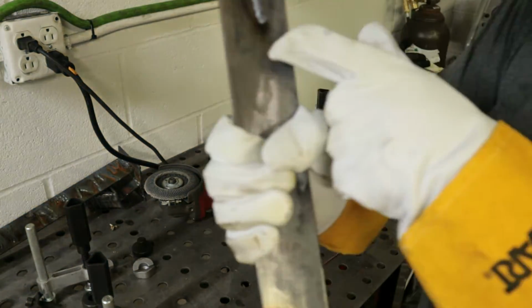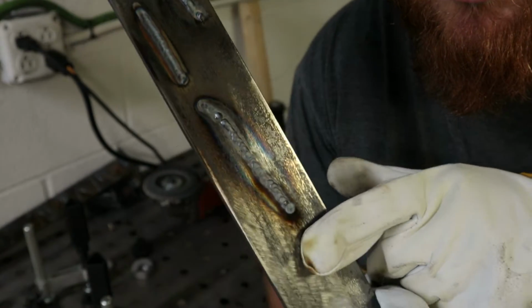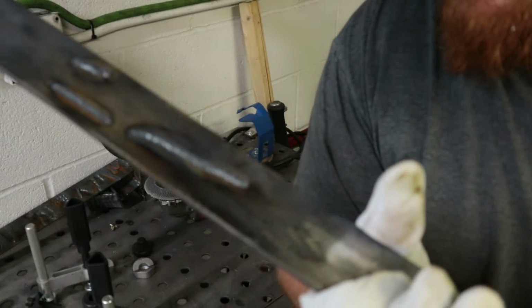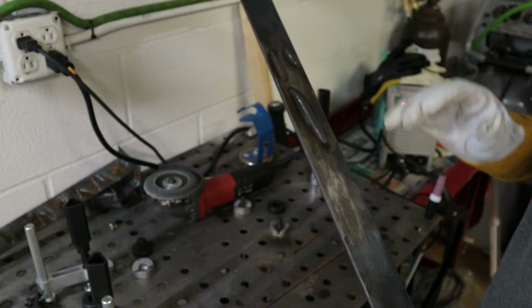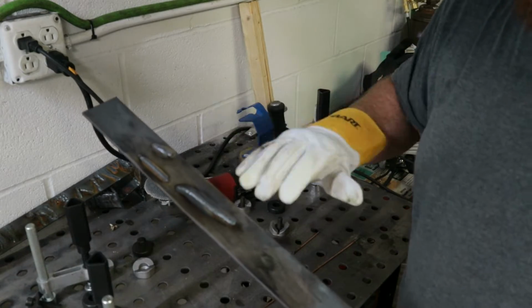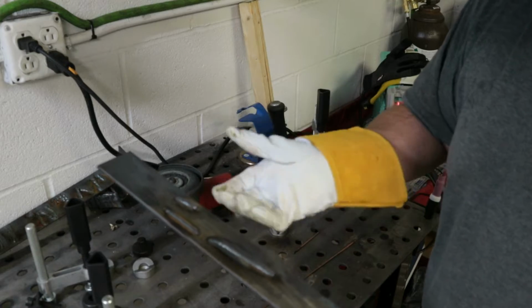There we go. I'm not going to complain about that. I mean, I don't know how well that comes through on camera, but not too bad. A small stack of dimes there. I kind of struggle to run it straight, but I think that's because I have nothing here to really base off of. So